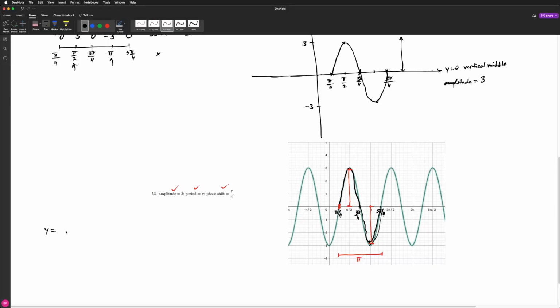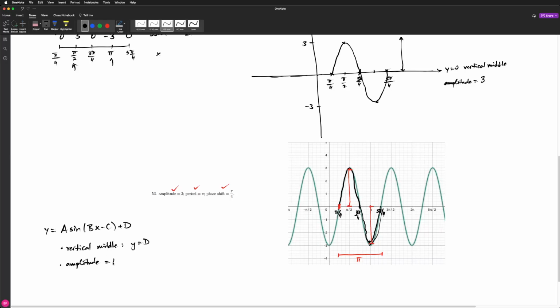If your graph is of the form a times sine of bx minus c, plus d, then the vertical middle, for us there was no d, so y equals 0 was the vertical middle. Vertical middle is y equals d. Amplitude